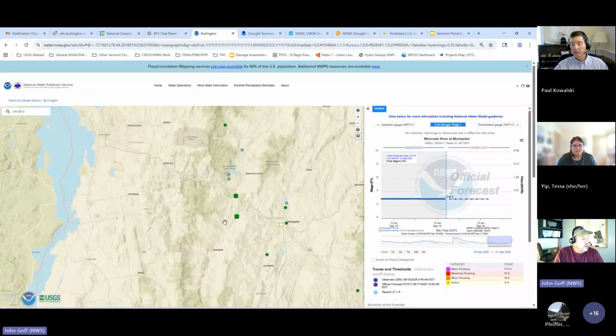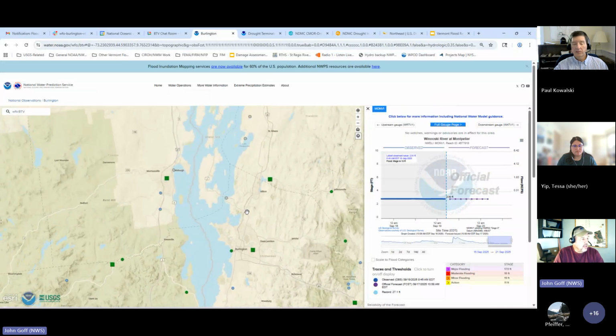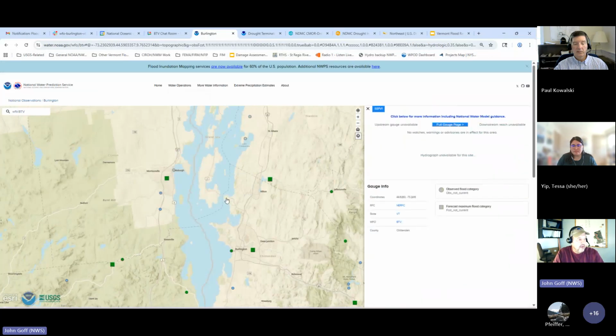That's Waterbury and Montpelier, and then you'd get to it in a very similar way on the lake sites. So when you look at the lake sites, there's 3 that are grayed out: Plattsburgh Bay, St. Albans Bay, and Sandbar. Those are the virtual gauges. If I click on those, there's nothing there. So if I click on that,